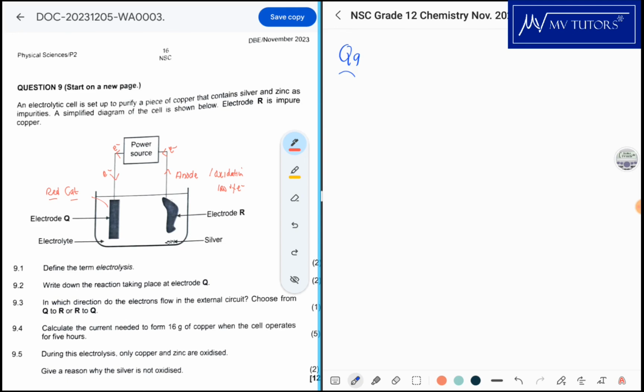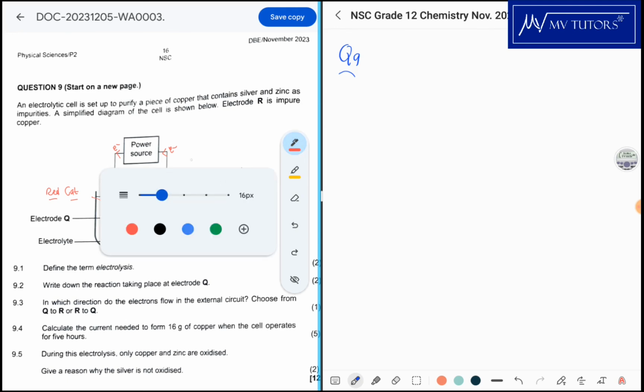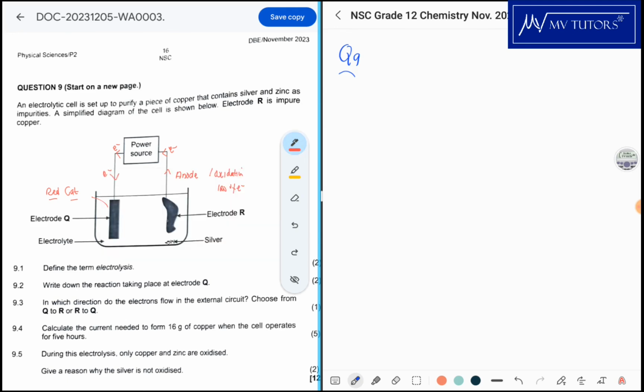So this is going to end up losing a bit of mass. As the impurities go down, this loses mass. And over here you have pure copper forming around, which is what you want. Okay, because you're purifying. All right, so now 9.1